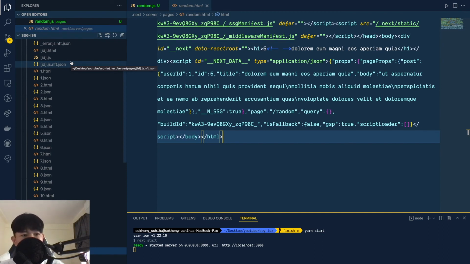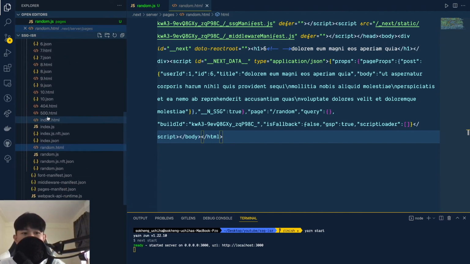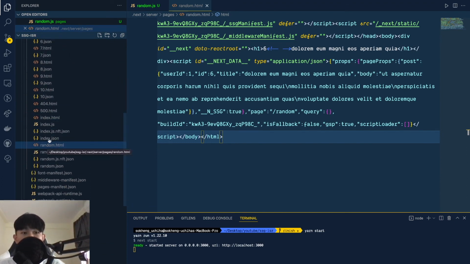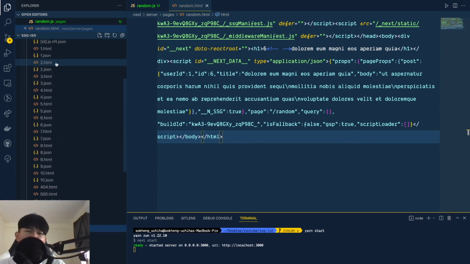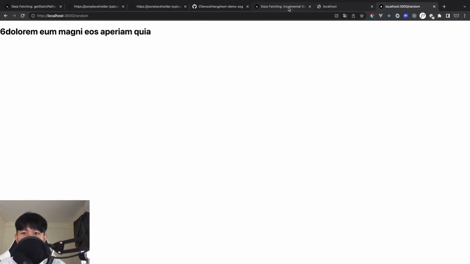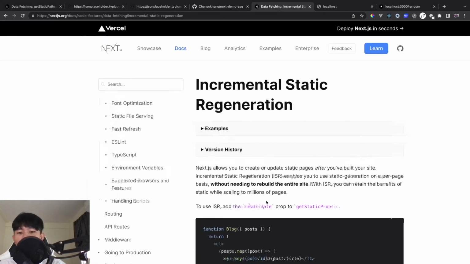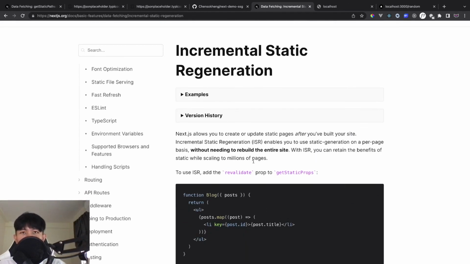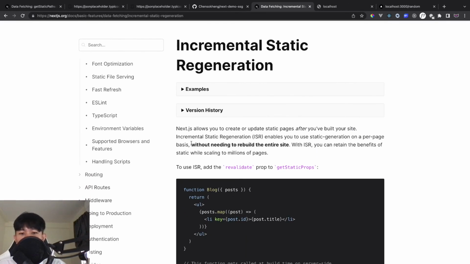Because it's gonna take a lot of time, and mostly your data is not gonna change. The data might change only for the random page only. This page right here is not gonna change. So why do you want to rebuild the entire thing? That's why ISR comes in. If you go into the definitions right here from Next.js, it states that it lets us update static content